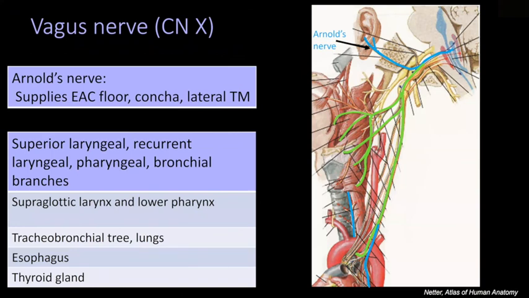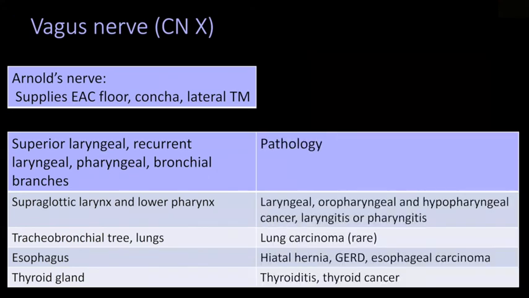The last cranial nerve to innervate the ear is the vagus nerve. The vagus nerve innervates the external auditory canal through Arnold's nerve, and it also receives sensory innervation from the larynx, the lower tracheobronchial tree and lungs, the lower pharynx and esophagus, as well as the thyroid gland. And so again, neoplasms and infections of all of these structures can all cause referred otalgia, even lung and thyroid